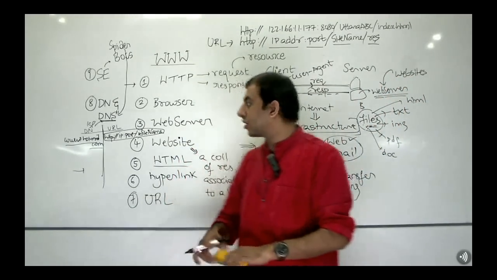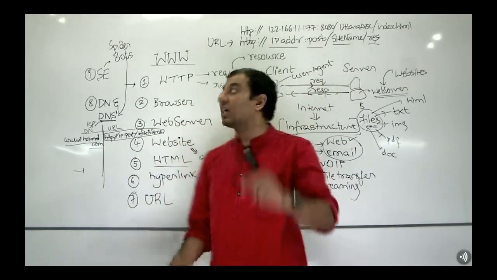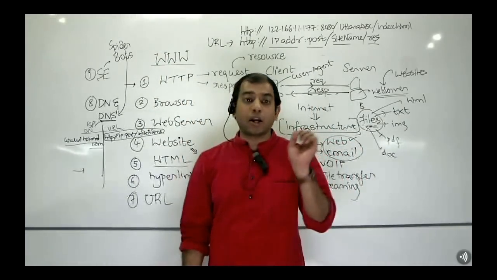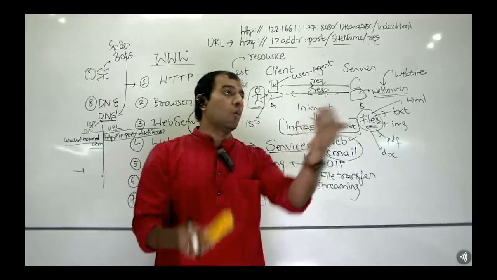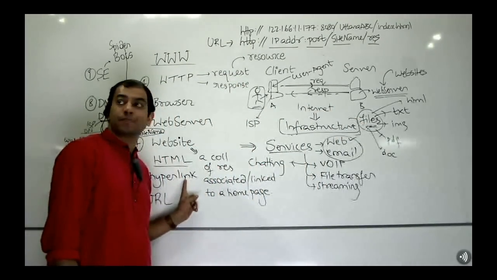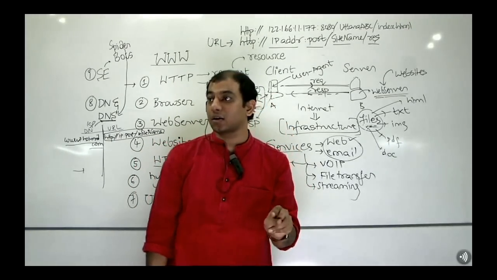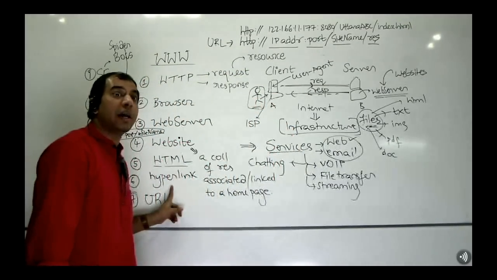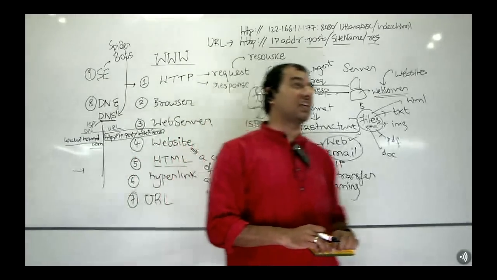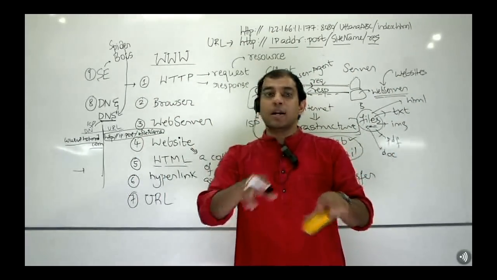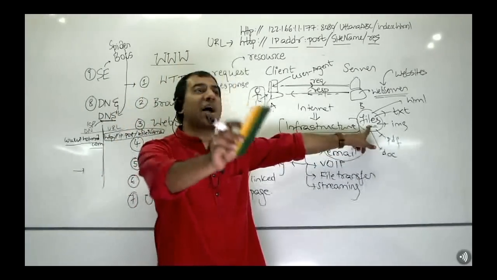Once it knows what the new entries are, what does it get access to? URLs. The spider bot makes an HTTP request as if it is a browser to that URL. When a request is made to the URL of a website, what is returned back? Home page. Once a home page is returned back, what does the home page contain? Hyperlinks. What does the spider bot do? It simulates a click on each hyperlink. Do you understand? That means it will make new HTTP requests for all hyperlinks, and all hyperlinks are associated with URLs. That means the spider bot got access to all of that website's URLs. Now it makes a request to all the URLs. When it makes a request, what does it get access to? All the resources and files of that website.